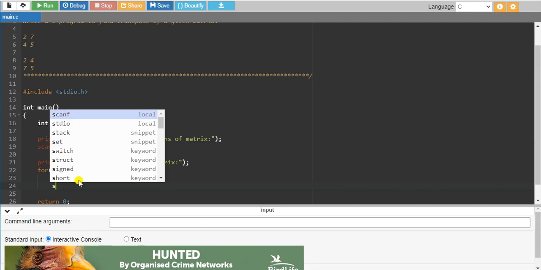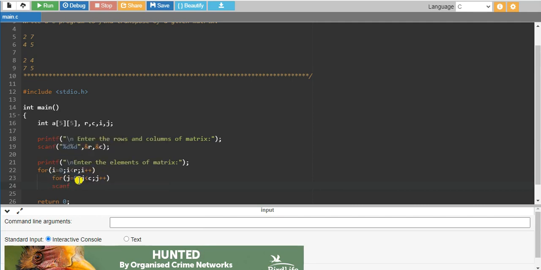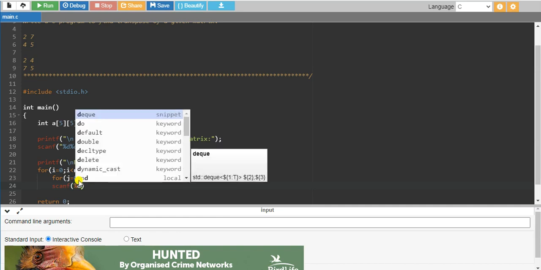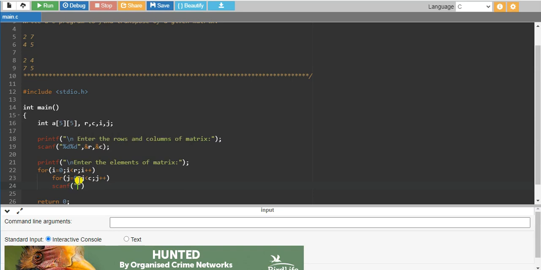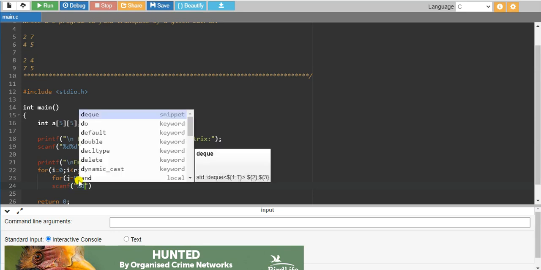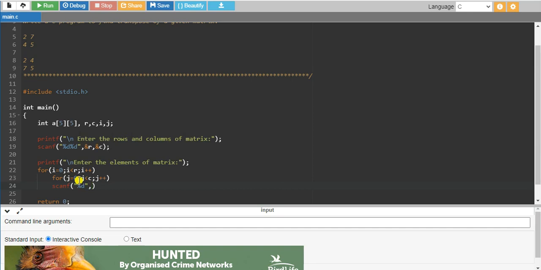After this we have to use the scanf statement, scanf, then percentage d, it should be in double quotes. So percentage d, comma, with the help of the address of the array we are storing them in the array A. So we are maintaining index i and index j for that array, that is nothing but rows and columns. So after that, we have to transpose that.